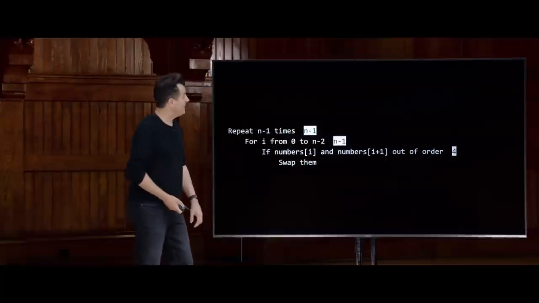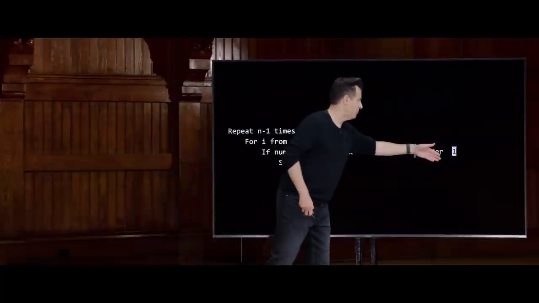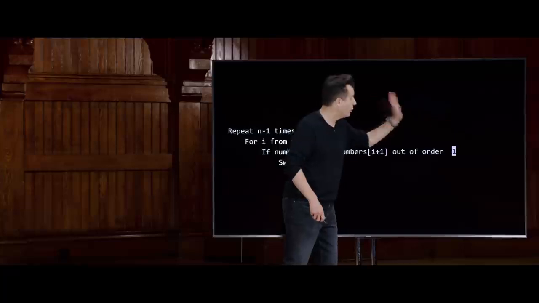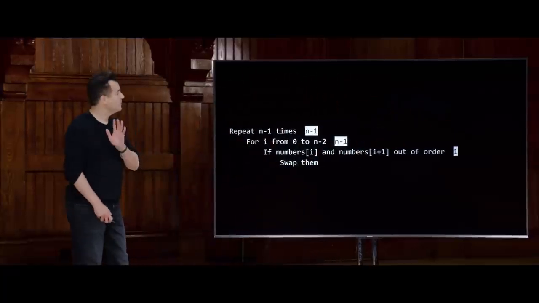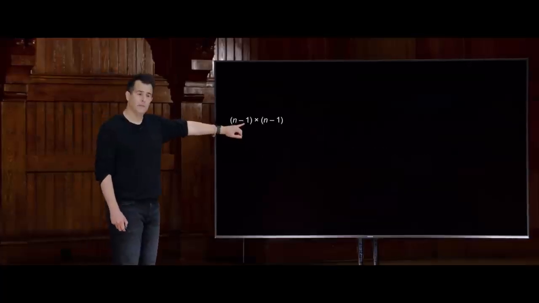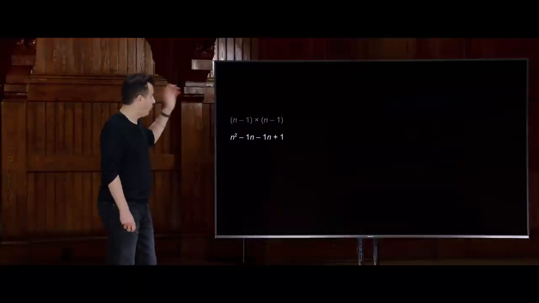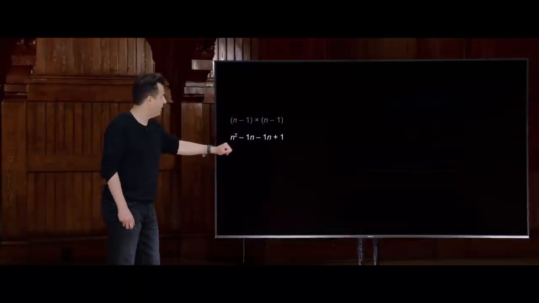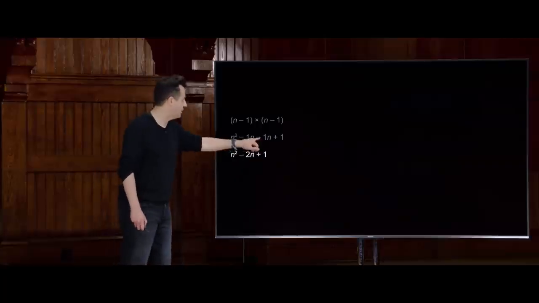So now you can multiply this out. n-1 times n-1 times, to keep it simple, 1 or 4, whatever. I'm going to ignore that factor. We can then figure out how many steps this whole algorithm takes. In fact, if I write this out as before, n-1 steps times n-1 times, that gives me, if I do FOIL, n squared minus 1n minus 1n plus 1, combine like terms, n squared minus 2n plus 1.